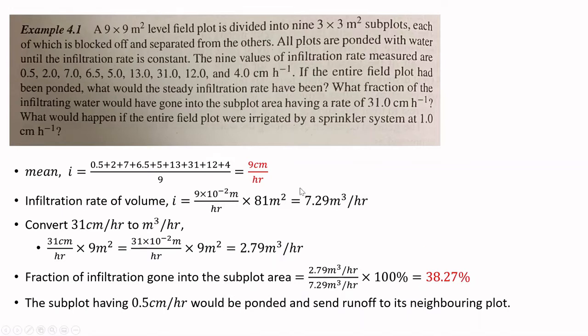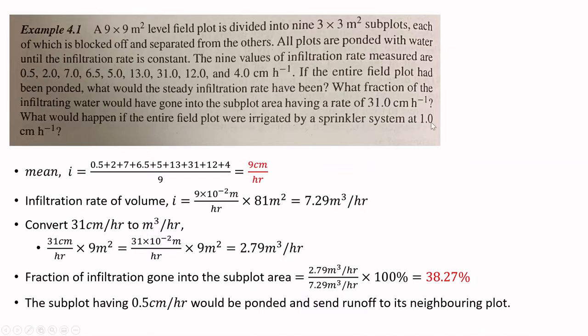of the entire plot. So this small plot of land that is only 3 by 3 meter square is a huge representation of the entire plot. Okay, yeah. So now the final question: what would happen if the entire field plot were irrigated by a